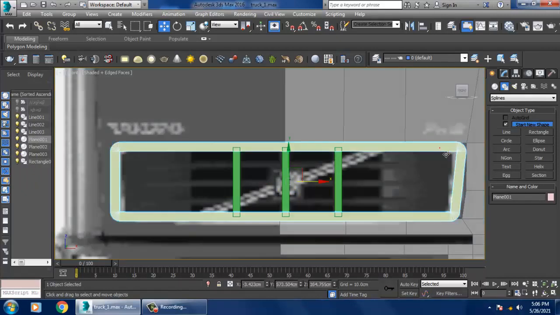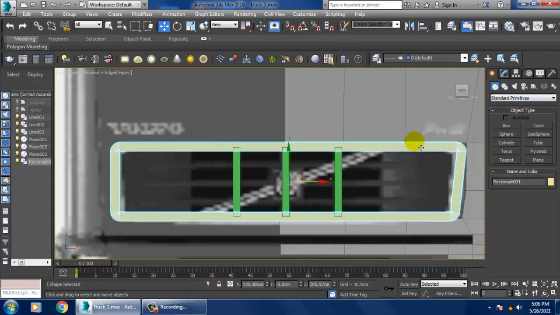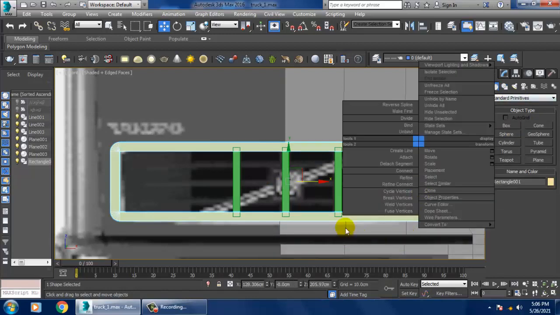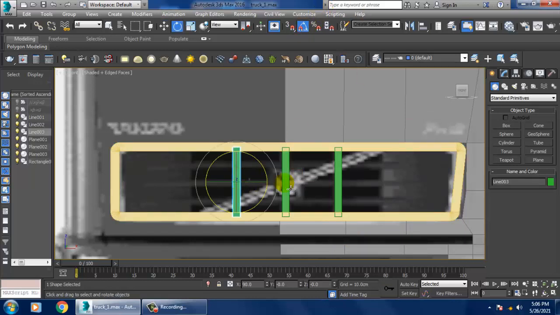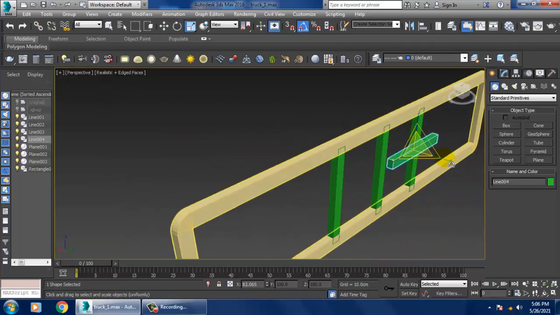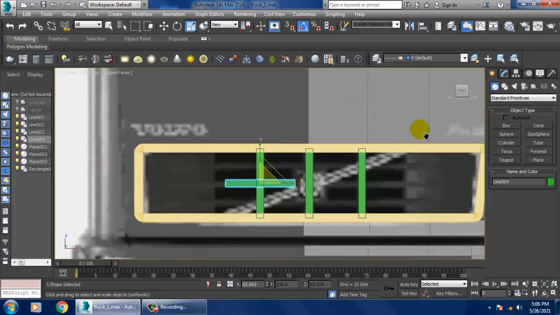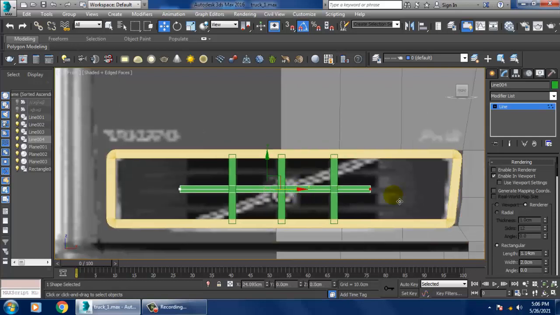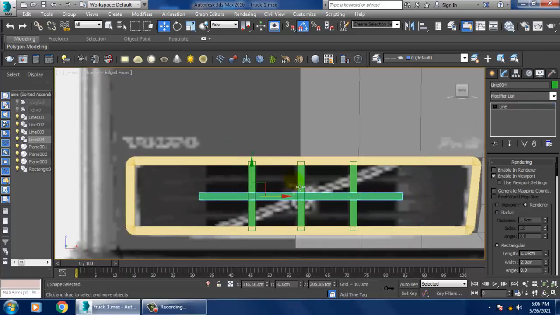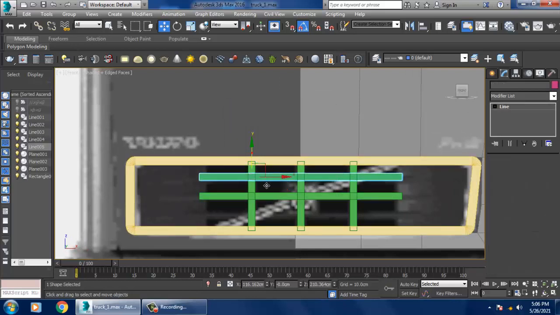And again, if you want some details over here, I'll rotate it 90 degrees. Slightly I'll scale it. I'll slightly just push this here and here. Press shift and drag. Just drag it down.